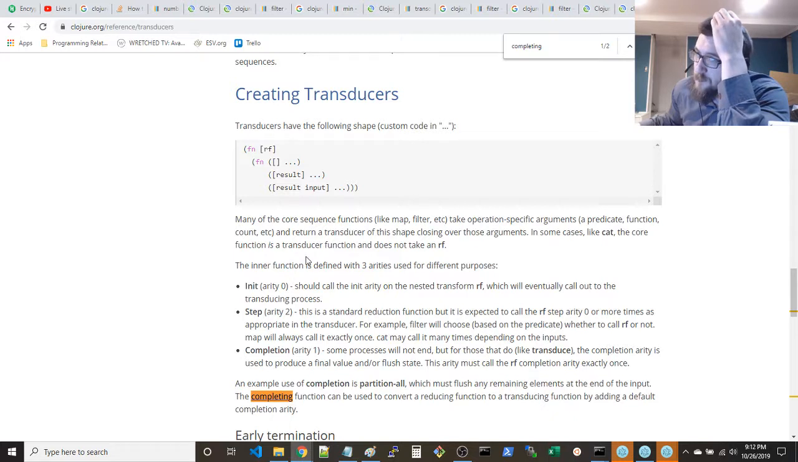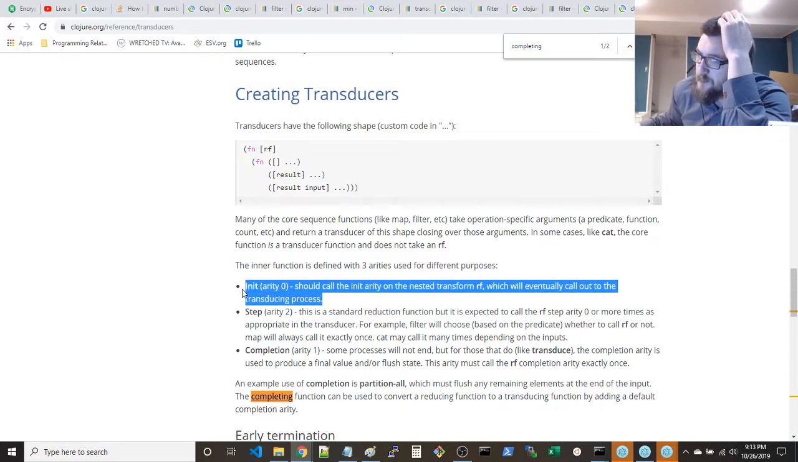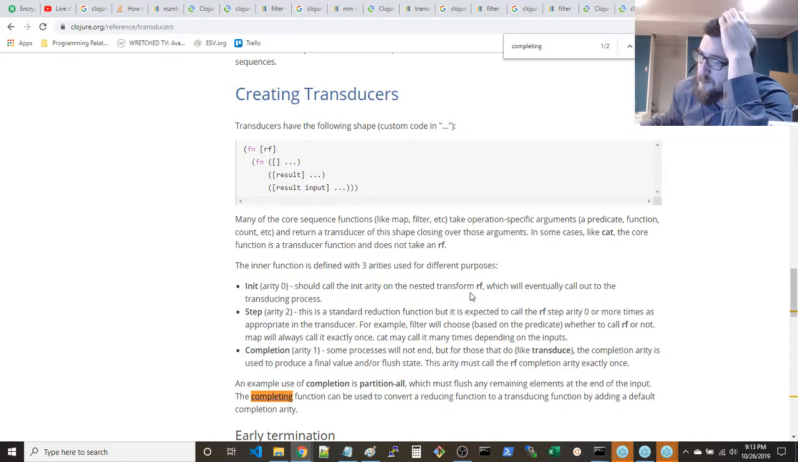The inner function is defined with 3 arities used for different purposes. Init arity should call the init arity on the nested transform producing function, which will eventually call out to the transducing process. Oh, that's interesting. This will call the RF init function. Standard function